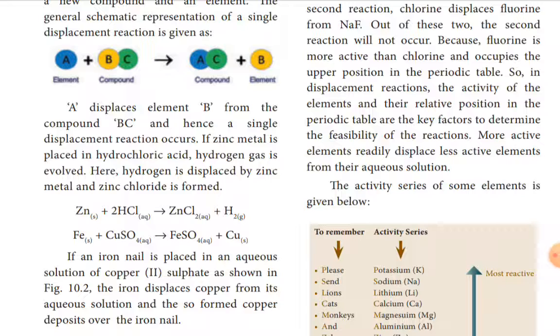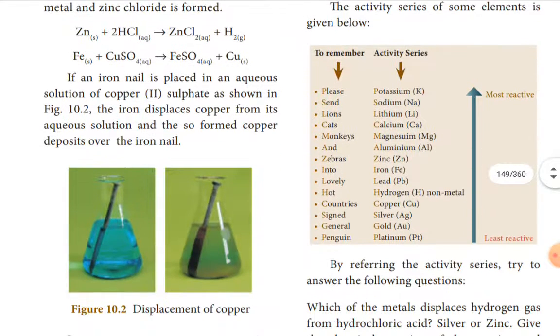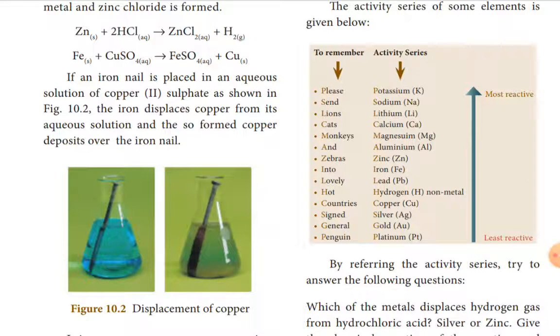Here, if an iron nail is placed in the aqueous solution of copper sulfate, as shown in the picture, the iron displaces copper from the aqueous solution and so copper is deposited over the iron nail. Before the reaction, copper sulfate is a bluish, blue color salt. When dissolved in water, a blue color solution is formed. So when you keep the iron nail in the blue copper sulfate solution, after some time,